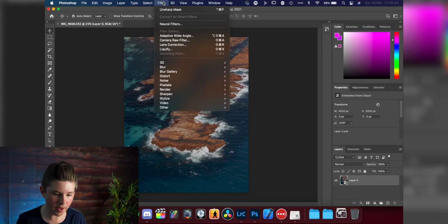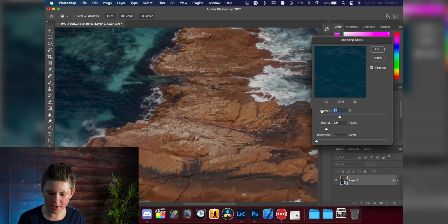I personally do. Then I come up to filters, go sharpen, and unsharp mask. You can see that there's a bit of motion blur there. This is what the image originally looked like, and this is what it looks like after I adjusted it. So, you can change the amount. I also recommend turning up the radius a bit. And then, you've taken your image from this to this very quickly. Now, just hit OK, and you can zoom out.